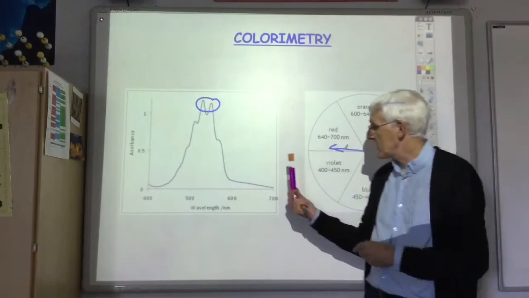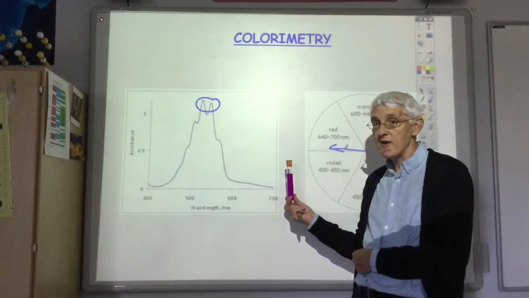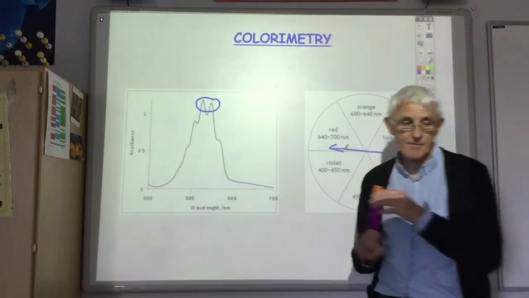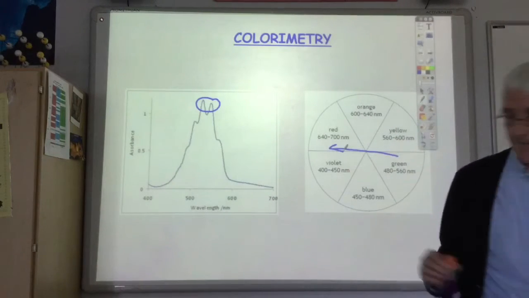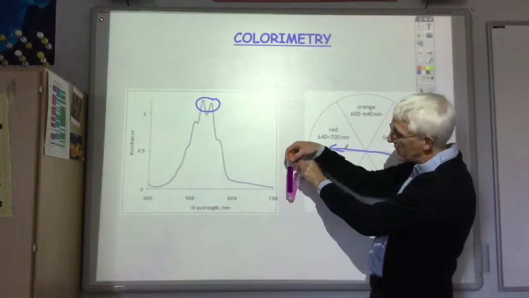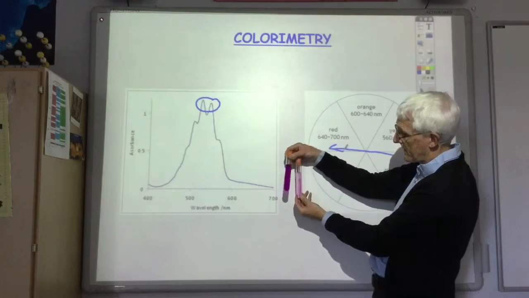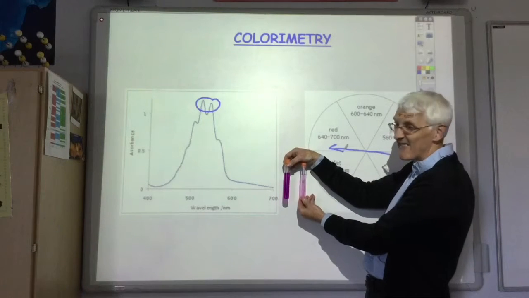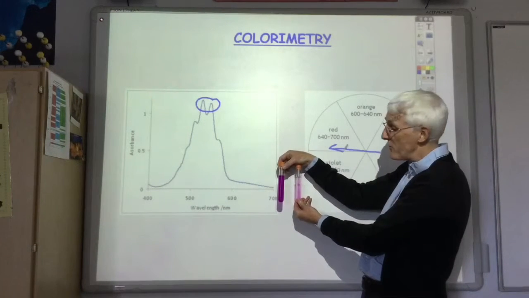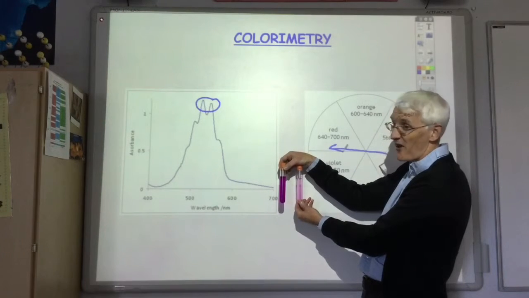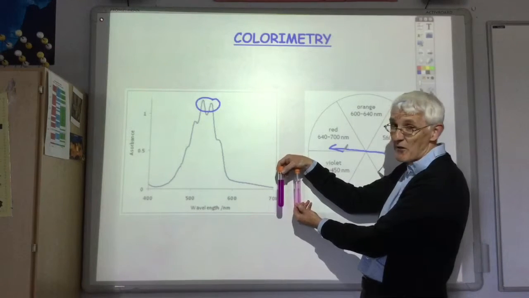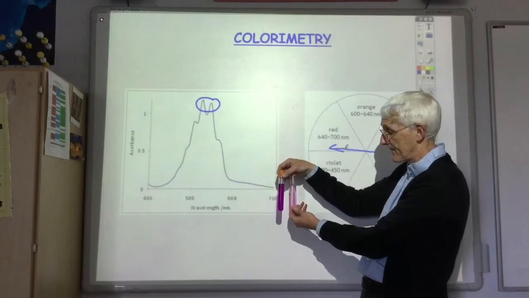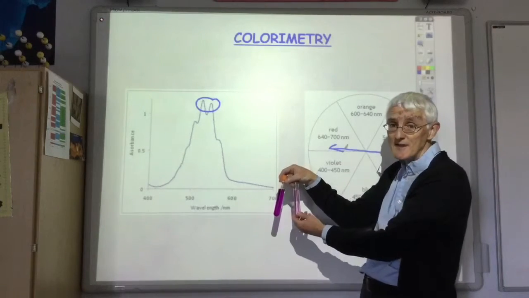So this sample here contains 1 mole per litre of permanganate, and it's quite an intense purple colour. The second sample, however, contains a far lower concentration of permanganate. In fact, it's 10 times lower. It's 0.1 mole per litre. And you see the purple colour is less intense because there's less of the permanganate complex in there to absorb the light. So if we then take an unknown sample,